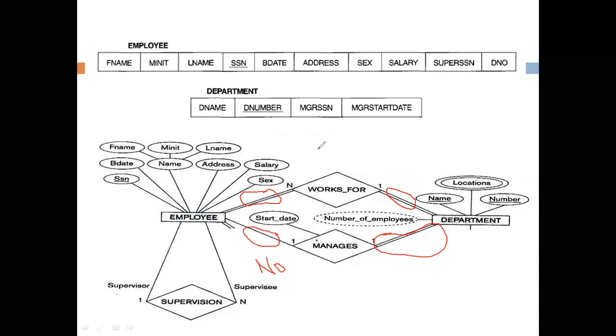Again, all those things are the constraints, the scenarios for this company database that the users will define. So according to our assumptions and the statements of the database, we have to draw the diagram. Here, with these assumptions, the author is drawing the ER diagram for this.